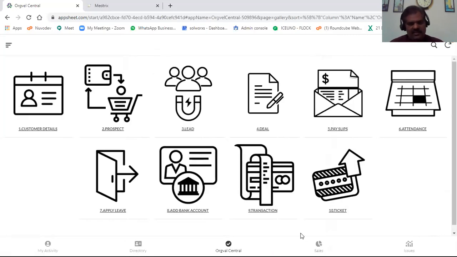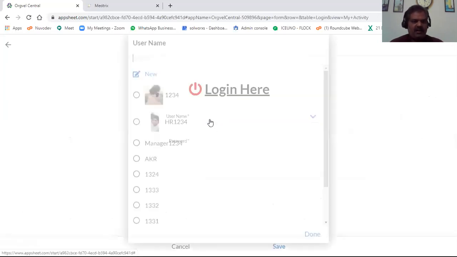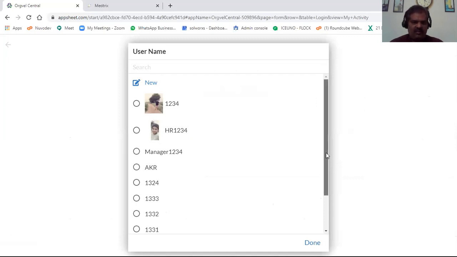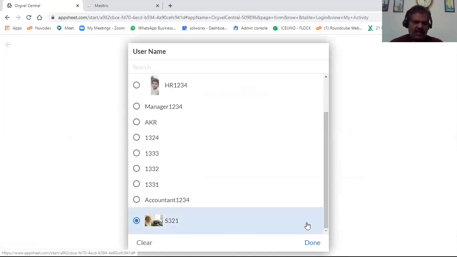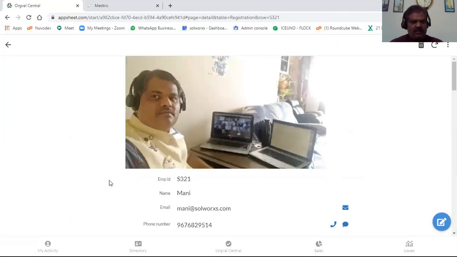So when I save this, it actually comes to my activity here. I can go to my activity here and I can log in with my username. Let's say I am the employee here, so I'll log in with my username. And then when I go inside, I can see these tickets logged for me.